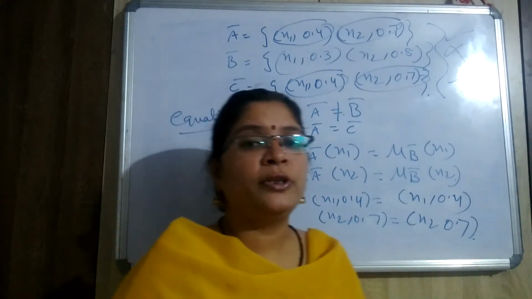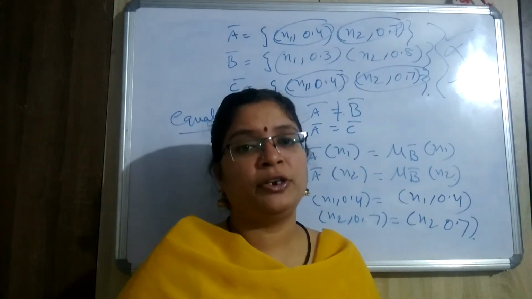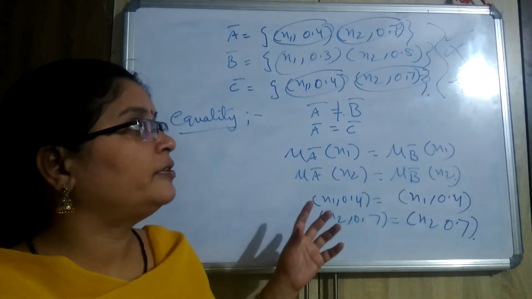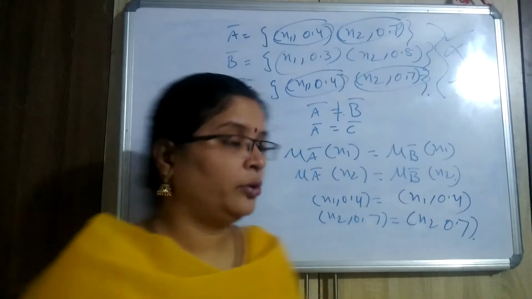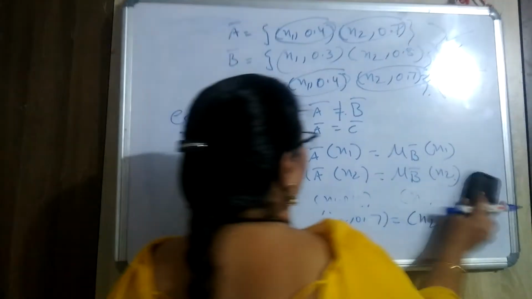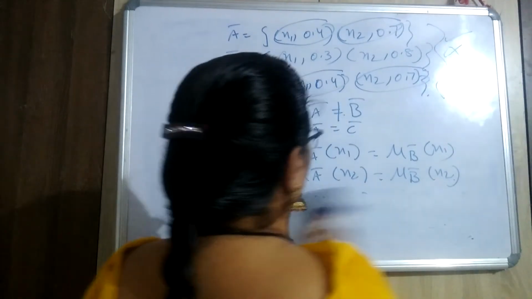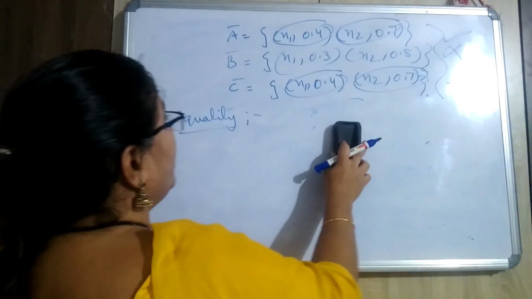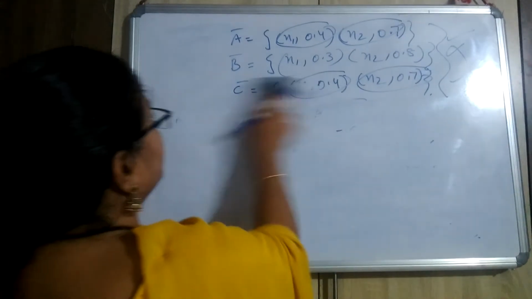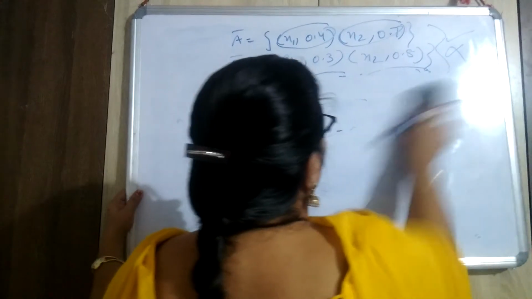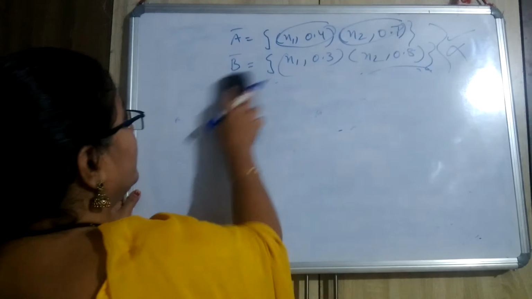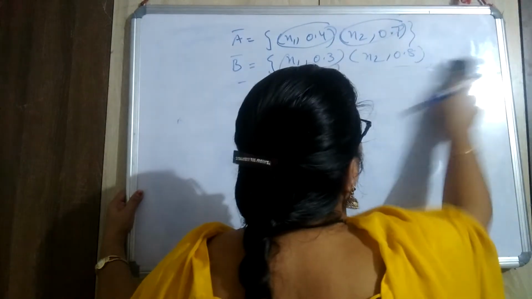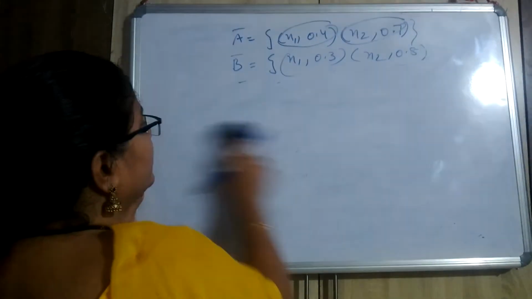Now we are going to discuss another kind of operation, that is nothing but the multiplication of a fuzzy set with a crisp number. Sorry, not a crisp set, that is a crisp number. Okay. So we have already seen the product of the fuzzy sets in the previous session. So once again I want to repeat the product of the fuzzy sets and as well as the complement of the fuzzy set. Then I will directly go to the other one.